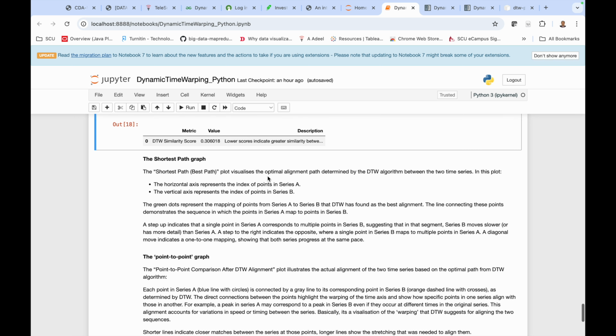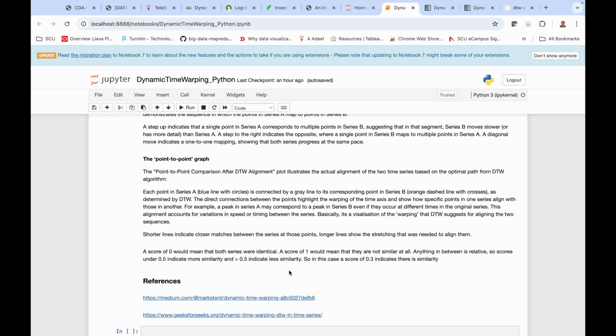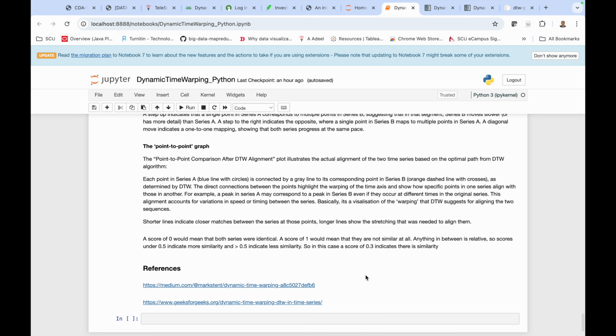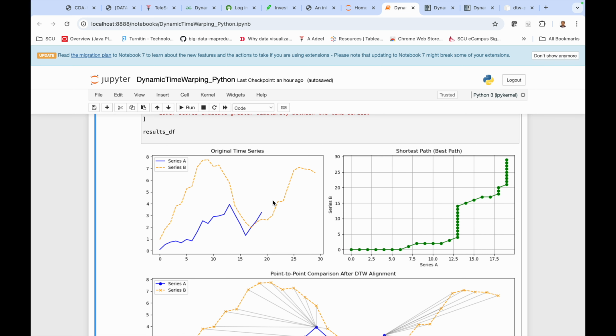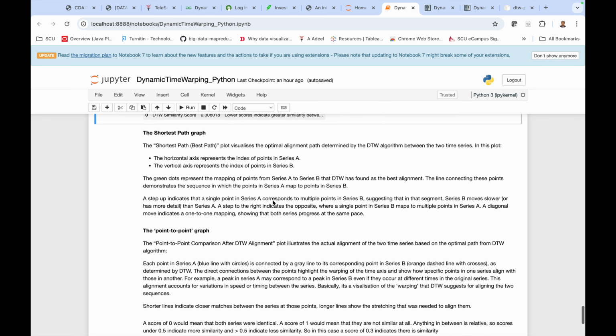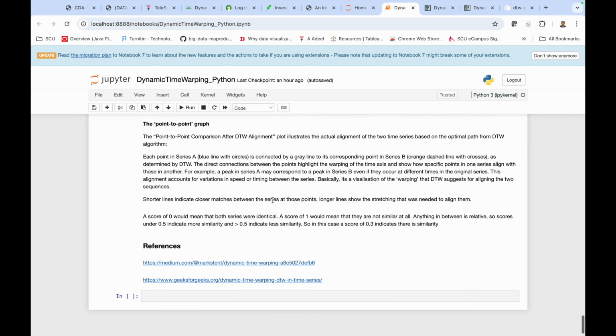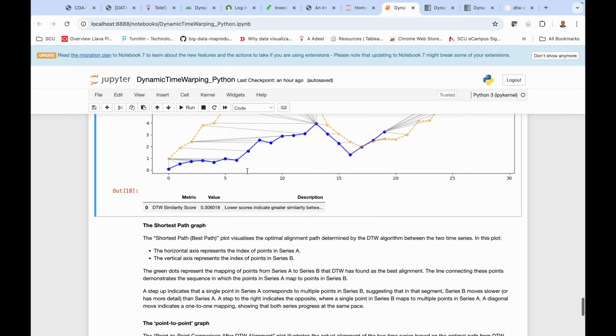So we are almost close to 0.30. A score of 1 would mean that they are not similar at all, and anything in between is relative. So scores under 0.5 indicate more similarity, and greater than 0.5 indicate less similarity. So in this case, a score of 0.3 indicates that there is a lot of similarity between series A and series B. So that was the whole demo in dynamic time warping, where I implemented this method in Python and showed you all these